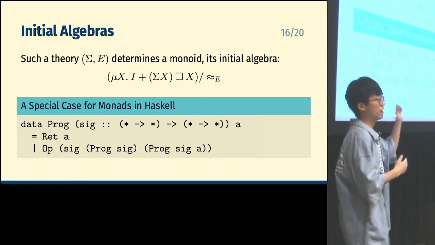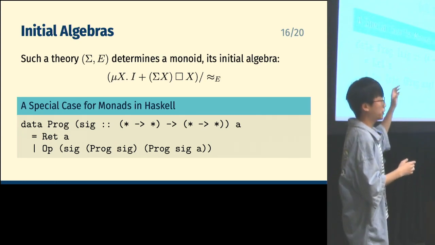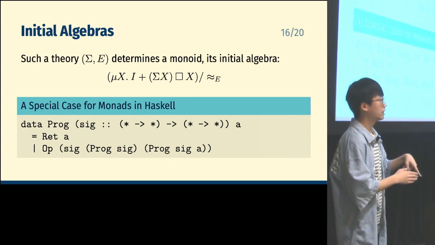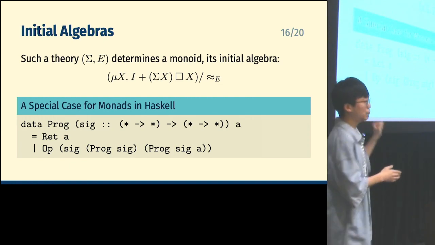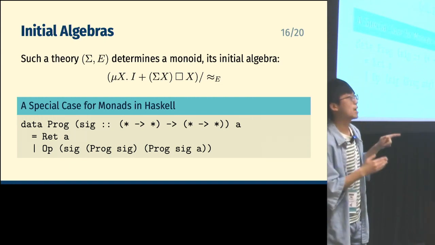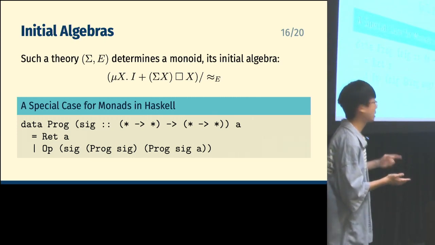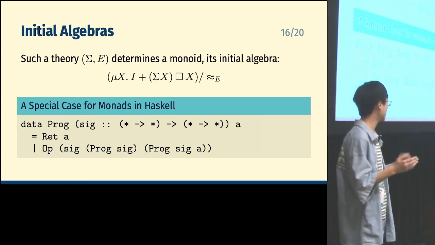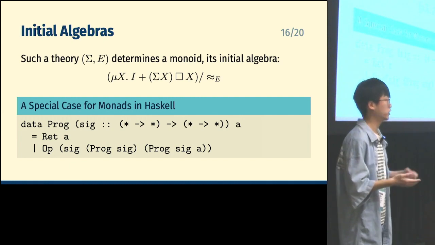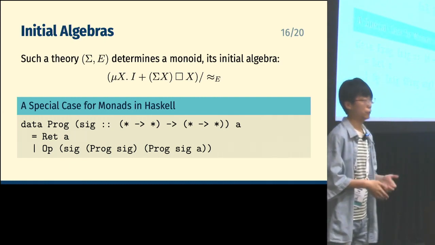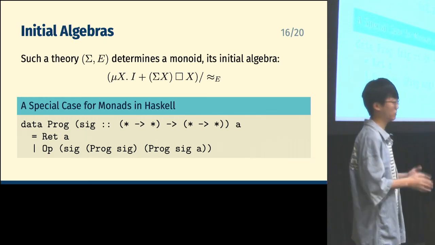So if we don't have any equations, and we specialize the monoidal product to functor composition, then this type can be readily implemented in Haskell as this type, which is quite similar to the usual free monad in Haskell, except that now the signature functor can be a higher order functor rather than an ordinary functor. My co-author Nick is going to give a talk at the Haskell Symposium going into more details of this data type. So if you are interested in the actual implementation of the things that I've been talking about, don't miss his talk.